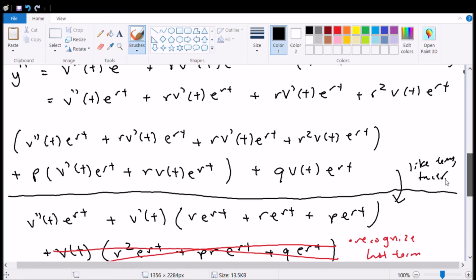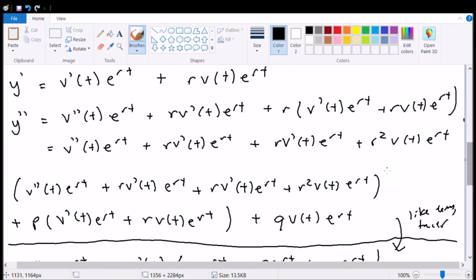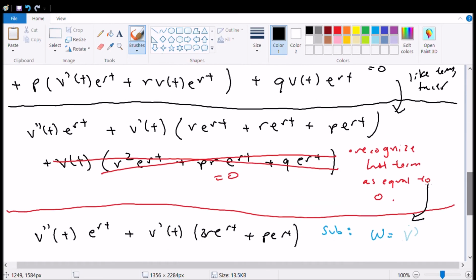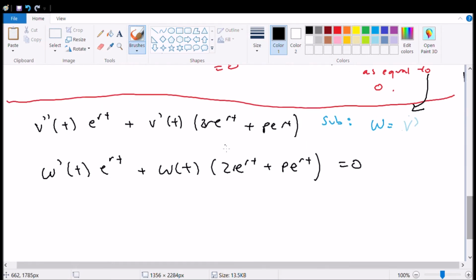I didn't put that there over here, but this thing equals 0. This thing also equals 0. So this whole thing equals 0. And we can see that there's an e to the rt term in every single term, so we can just divide that out, and we're left with